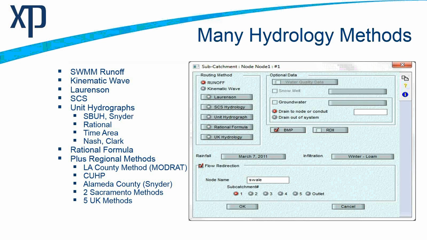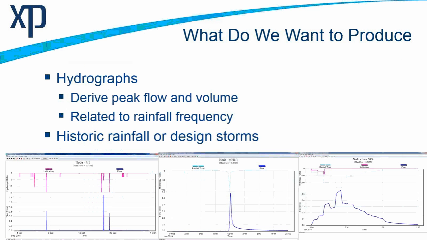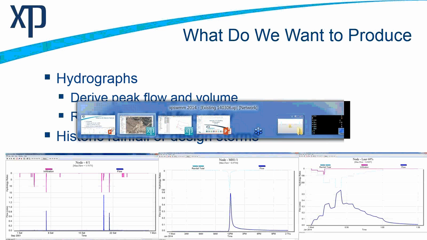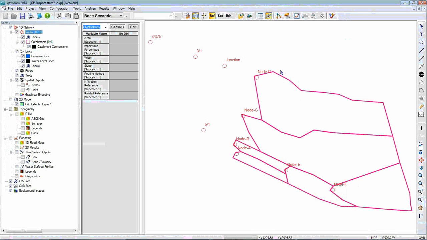And of course there are other regional methods that have been prepared for specific areas. And so what do we want to produce? Obviously we want to understand our peak flows, prepare graphs similar to these at the bottom of the screen to understand our historic rainfall or design storms. At this point I'll jump over into the software and we can have a look at the practical applications inside